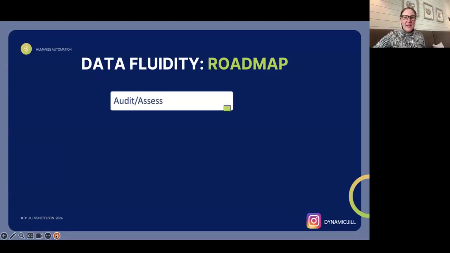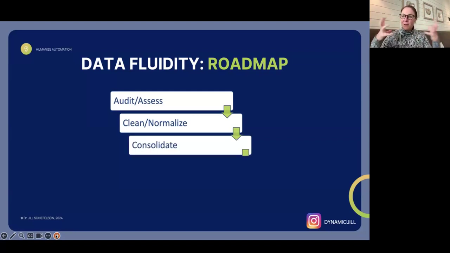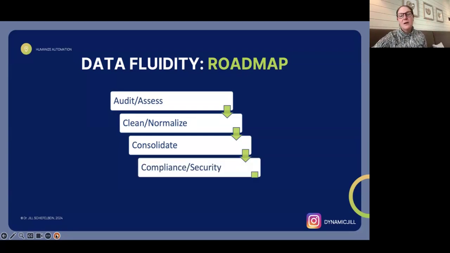You want to first assess what data you're going to need or want, and then you're going to want to either clean or normalize it. So let's say you have data scattered in a million places. You're not at that CRM level yet. You need to decide, okay, great, I want to use this avatar, and I want to use these automations to communicate about education after someone's engaged with me. Great. Then what data do you need? Assess that and then get it in one system, consolidating that, whether it's to a CRM or a single database.